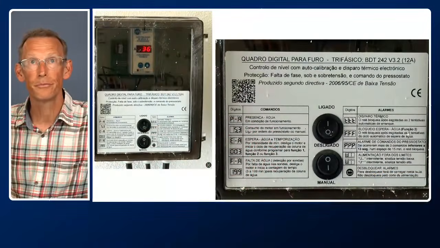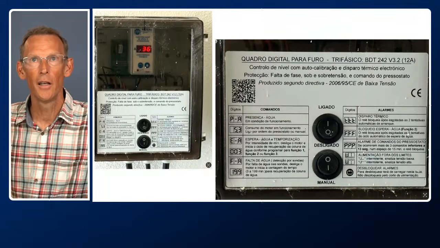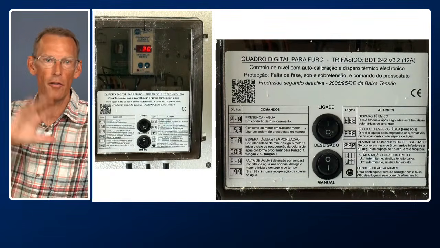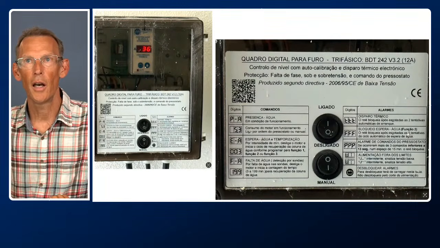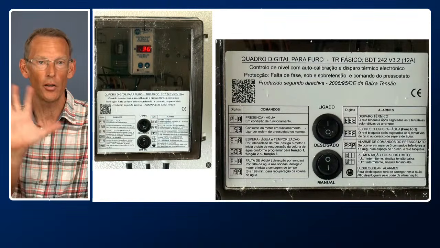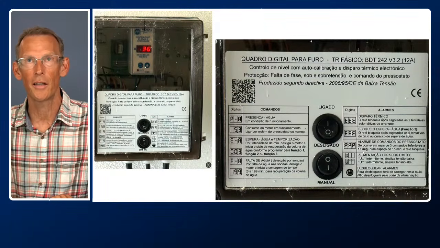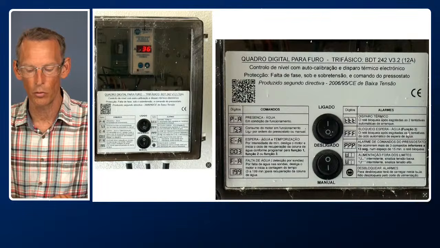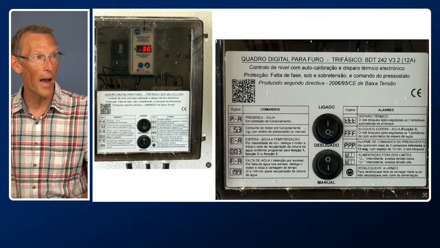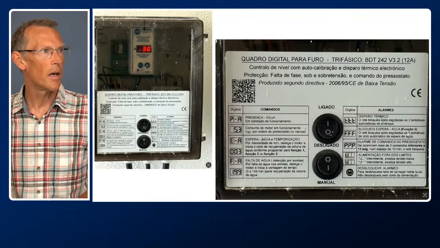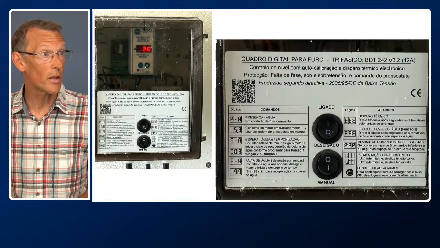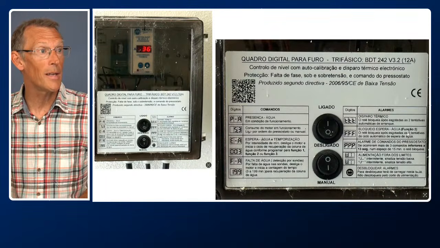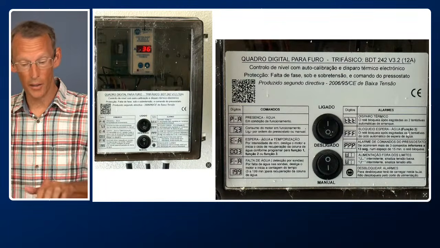So I went to the pool room. I had no idea what this thing does. So I took a couple of photographs of the error reading, and it had all these stickers on the front of the control unit. And basically, I had no idea. I took the photographs and I went to ChatGPT and said, can you explain how my pump system works in the pool room? And it came back, and let me see if I can find what it came up with. But it was amazing, the result it came back with.